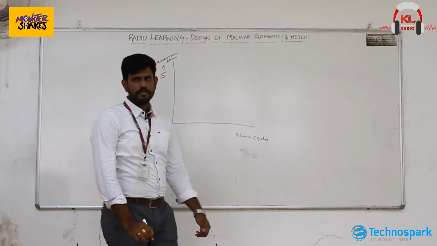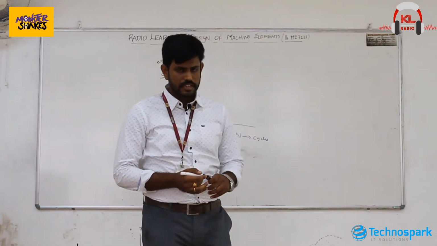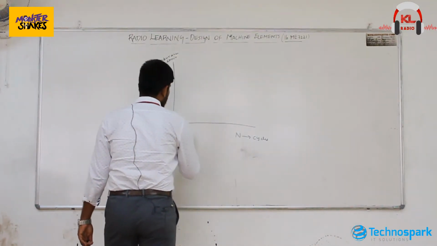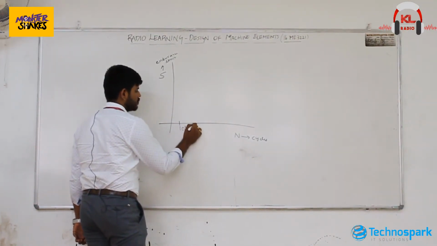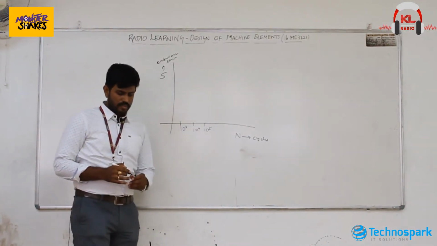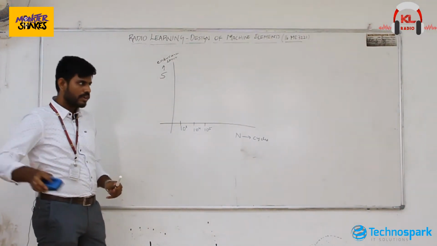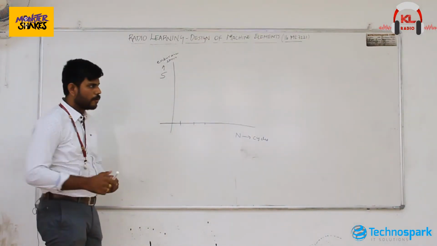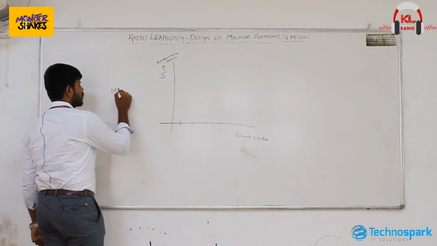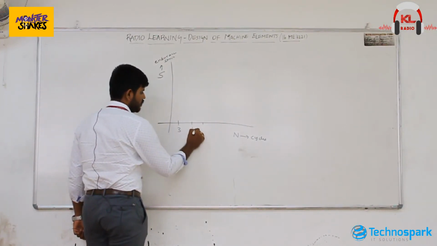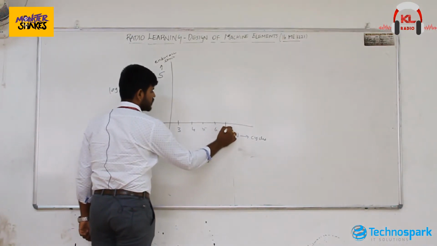So for a particular endurance limit, you will be finding the number of cycles, and usually it starts from 10 to the power of 3. But as the values are very large, we will take it as a log plot. We will be going for a log plot. So it will be 3, 4, 5, 6, 7, 8, which are nothing but